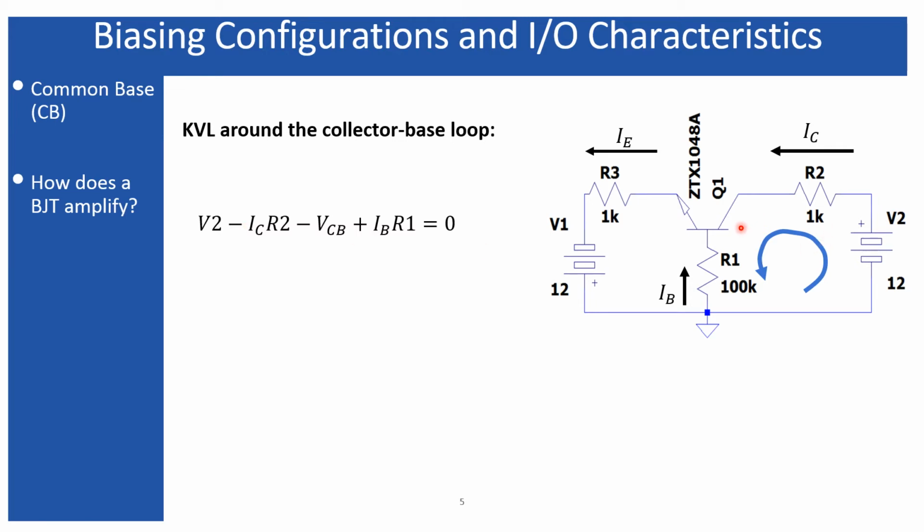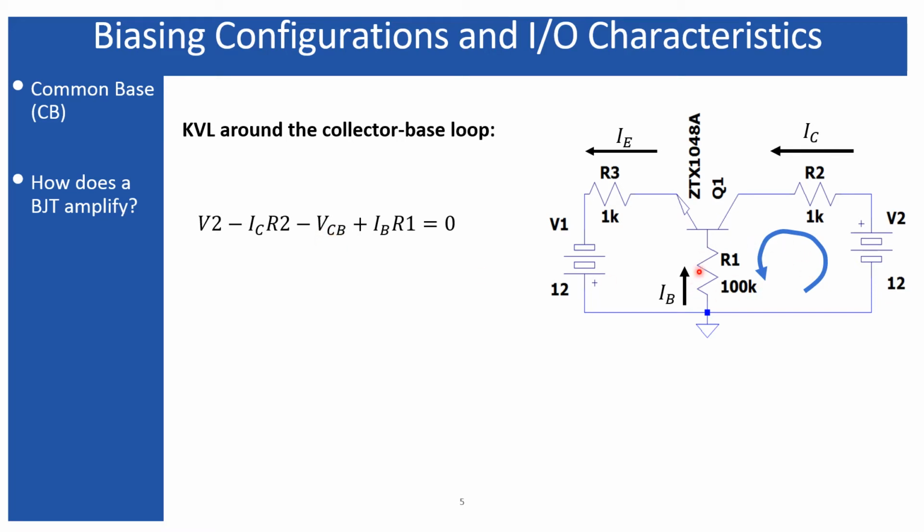Next is the VCB, the collector to base voltage, which appears across this. The collector is always at higher potential in comparison with the base, as we have seen earlier, because when I am using an NPN transistor, this collector to base junction should be in reverse bias in forward active mode, and in order to keep it in reverse bias, the collector must be at higher potential with respect to the base. Therefore, at this branch also I am moving from higher potential to lower potential, and that is why I have to include the negative sign before this VCB.